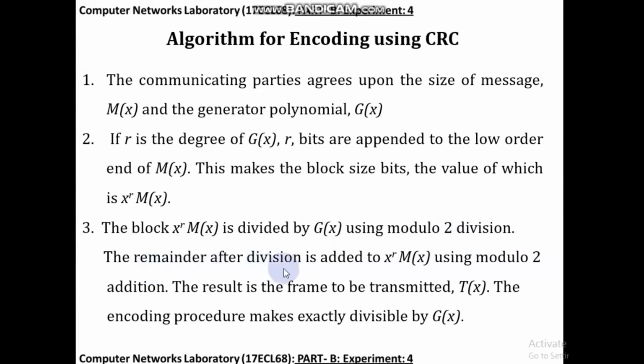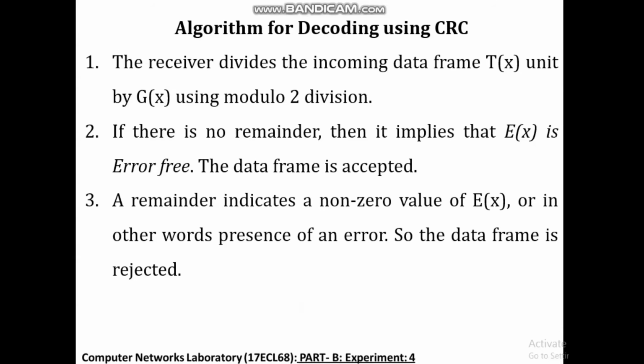The remainder after division is added to x^r m(x) using modulo 2 addition. The result is the frame to be transmitted, that is t(x). The encoding procedure makes t(x) exactly divisible by g(x). Let us have a look at the receiver side process, that is the algorithm for decoding